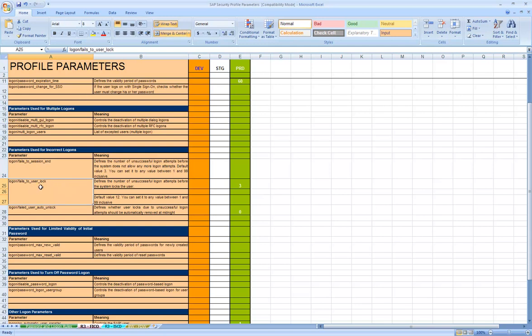Now this one is a very important one. Logon/fails_to_user_lock, for the production environment again. Whatever value you set for this parameter, in this case in the production system we have set the value as 3. This parameter defines the number of unsuccessful logon attempts before the system locks the user. So if the value here is 3, after 3 unsuccessful attempts, the user ID will automatically get locked.